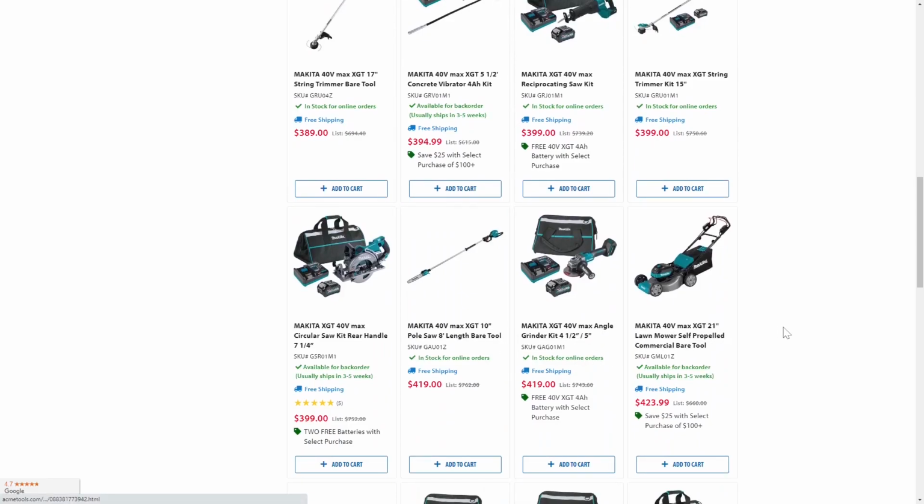Now, what's funny is the Makita lawnmowers for XGT. I paid $400 for my LXT mower. It came with four 4 amp hour batteries and a dual charger. I thought that was a fantastic deal. Works fantastic. I've had it almost 2 years now. Now the XGT mowers are self-propelled. My LXT mower is not self-propelled. But this is tool only for